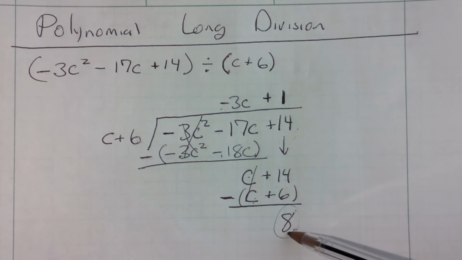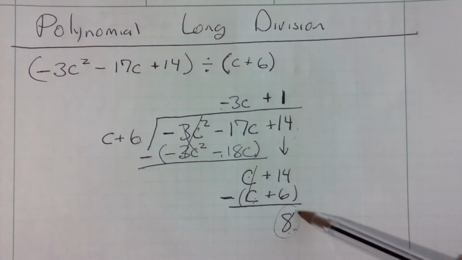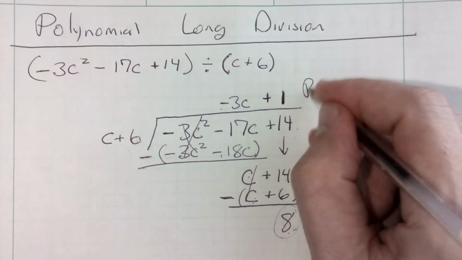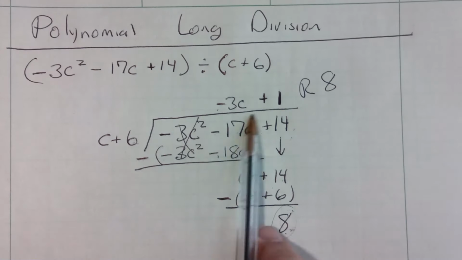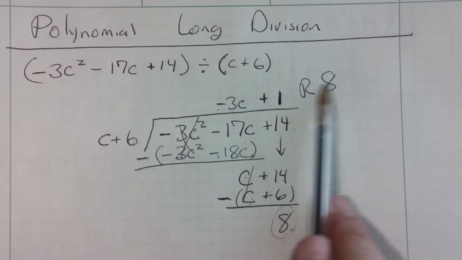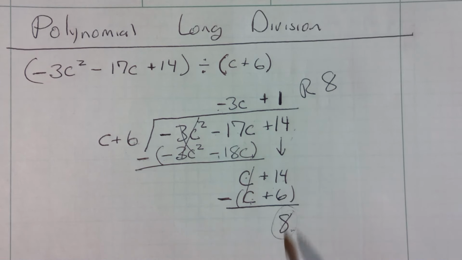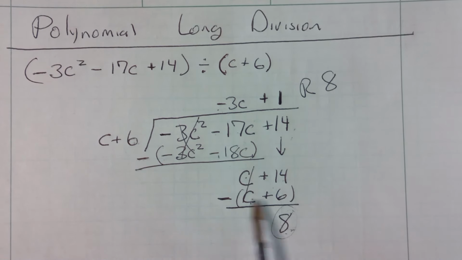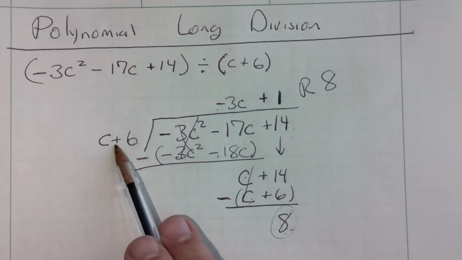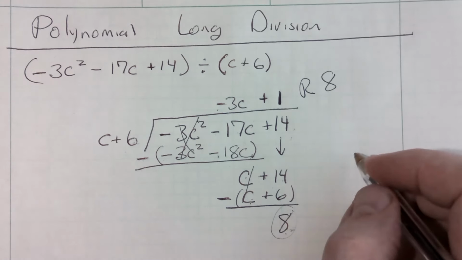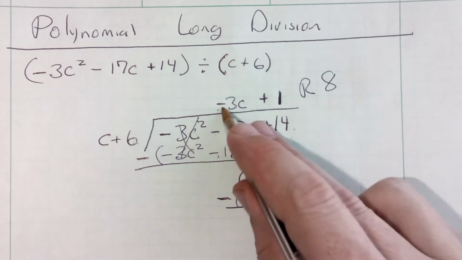It's always going to have a c. So this is what we call our remainder, which is a remainder of 8. But we don't write it as an R8. What we do is we realize this 8 still has to be divided by the c plus 6. So what I would do for my solution is I would type in